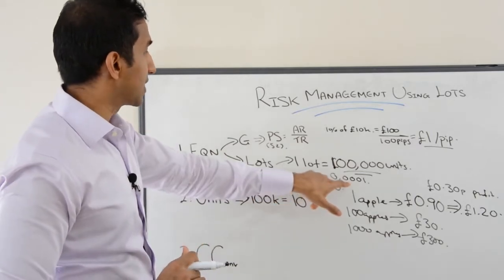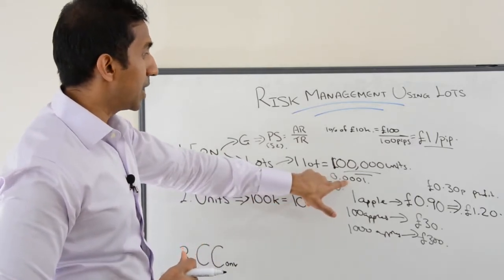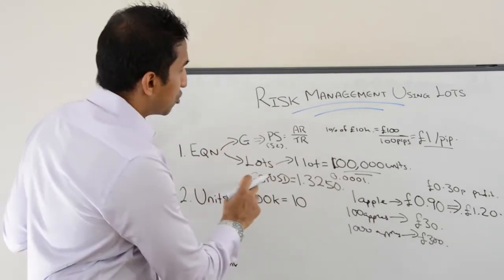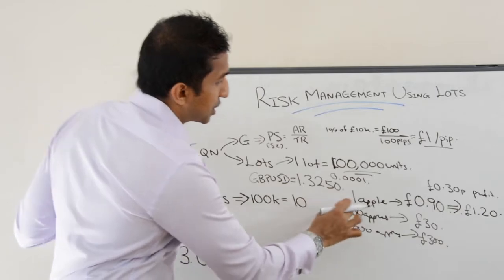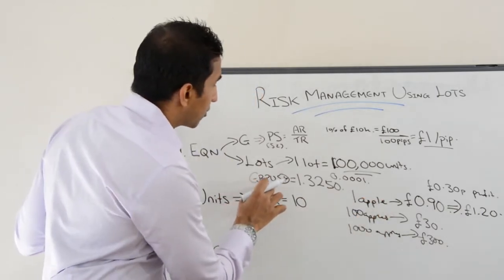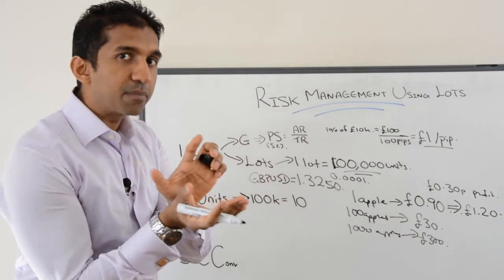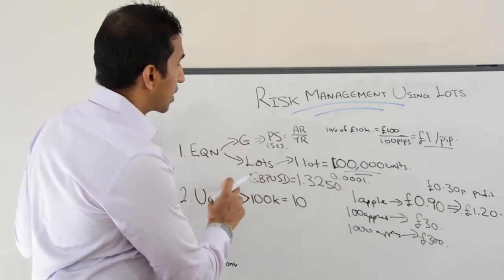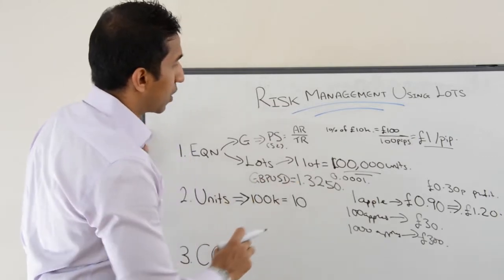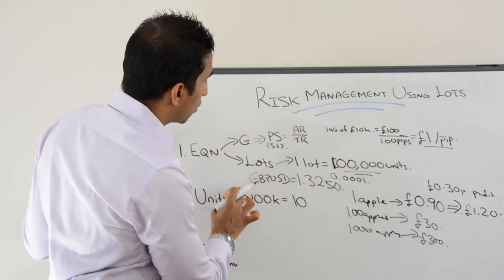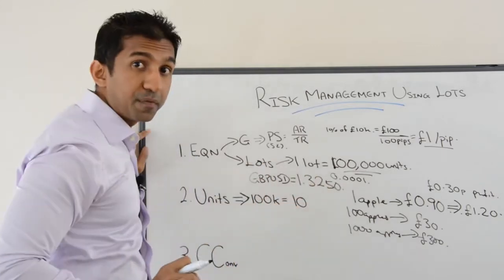Now, in that instance, a pip is what we call the smallest increment, and usually when we buy, just like in the outside market, just 1 apple, when we buy cable, the smallest number of units that you can buy is 1 unit, okay? So 1 unit you can buy of cable at 132.50. Just like that, 1 apple for 90 pence, you can buy 1 unit of cable for 132.50. Now,